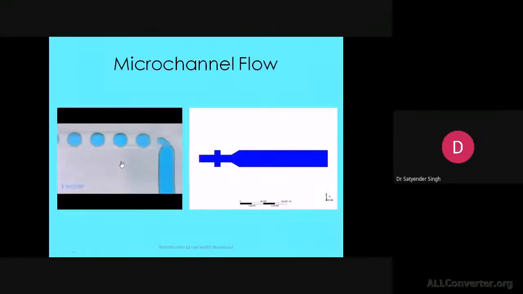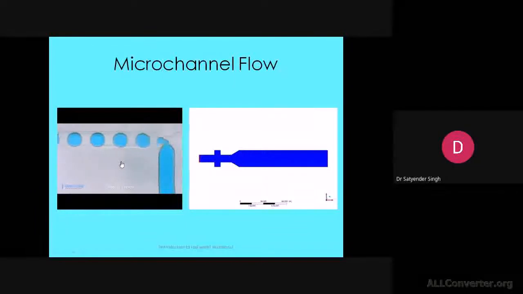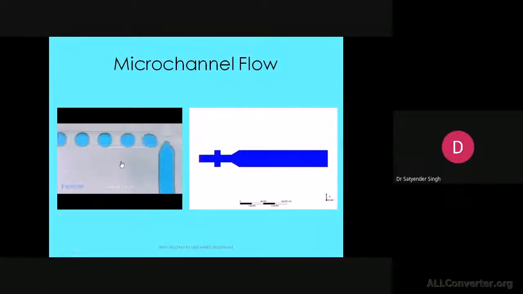We can see this is one of the common practices in most of the chemical and biomedical industries, where we need one chemical or some liquid in proportion repeatedly. So what we have designed is one microchannel, and from one side we allow one fluid to flow inside, and using another fluid which has a different phase compared to the first one, it can separate the liquid and provide repeated fractions.